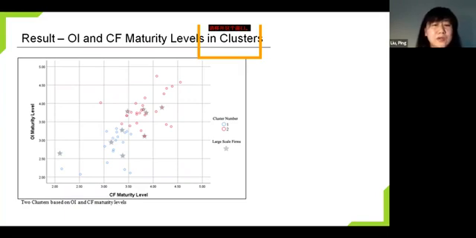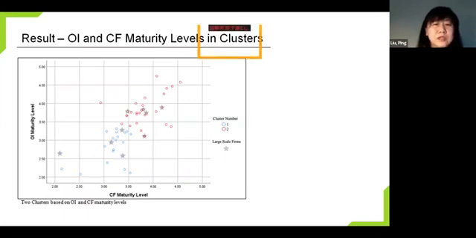There are 22 companies in this category. And then the red circles represent cluster two. It has 30 companies. And the large company firms are marked with gray stars, and they are distributed among